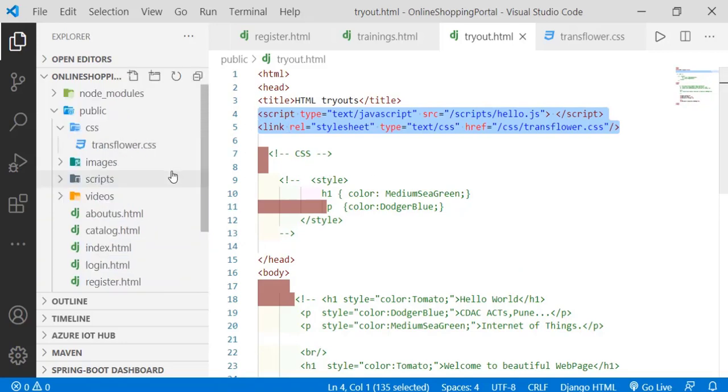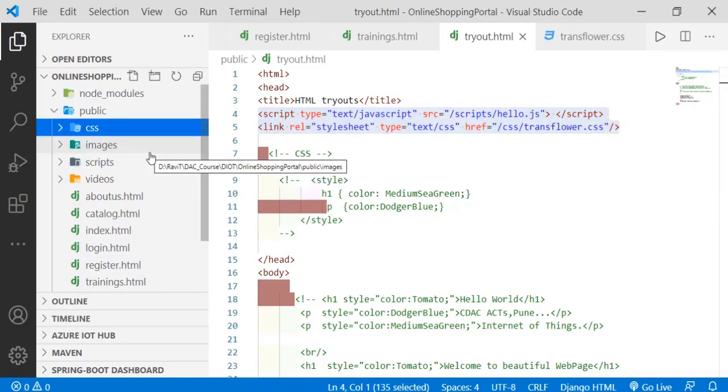And now we have created another folder. The public folder is going to contain a separate folder for CSS, a separate folder for images, a separate folder for scripts, a separate folder for videos, and your HTML files. So we are really making a perfect layout for any standard classical web application. If you do not follow this layout, no problem, but this code will become very difficult for someone to interpret, understand, modify and maintain. That's why whenever you look at any web application, you'll always find such folder structures applied.